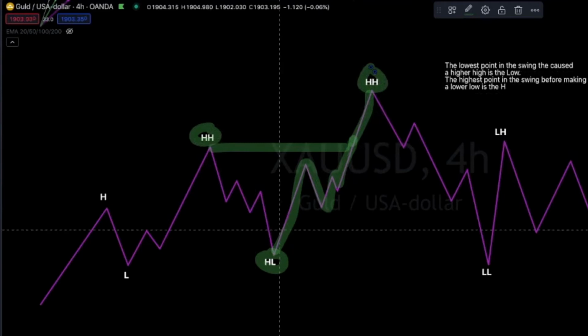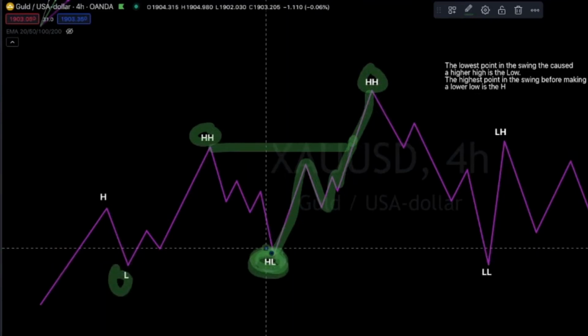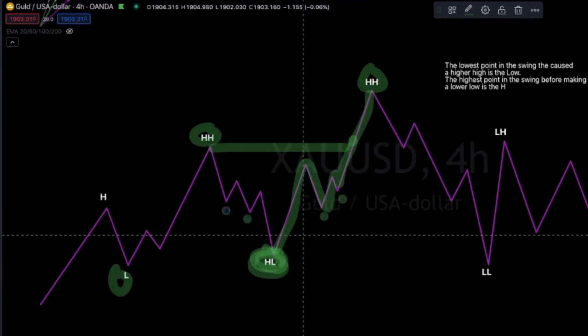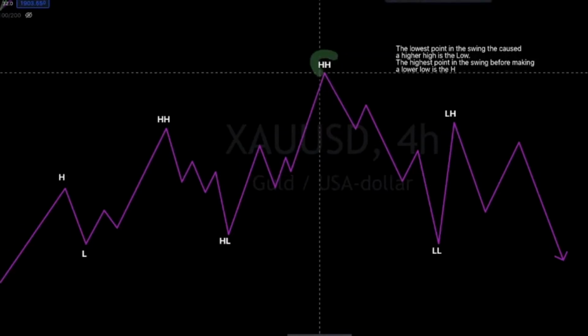Therefore, this is the strong higher low. So this is the low, here we have the higher low, and these ones are just internal structures, so weak lows and weak highs. Now from here, what happens? We have the higher high, market pushes